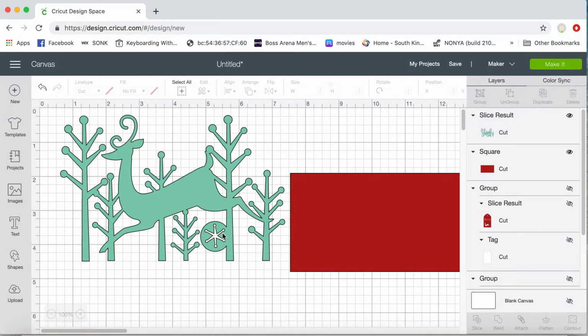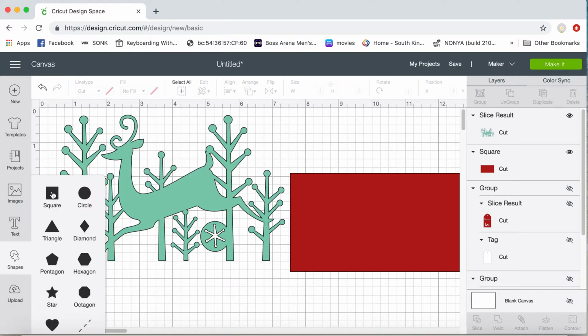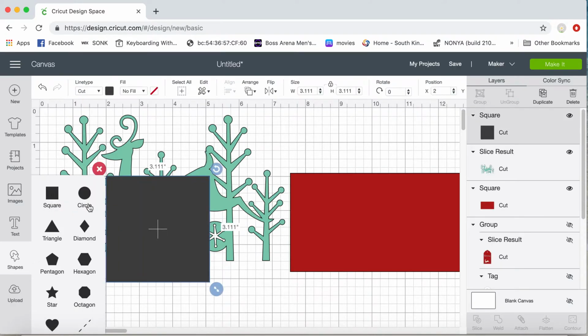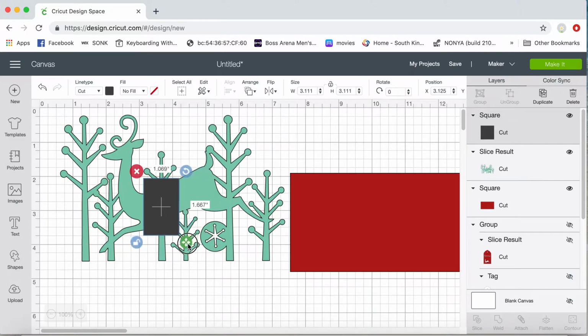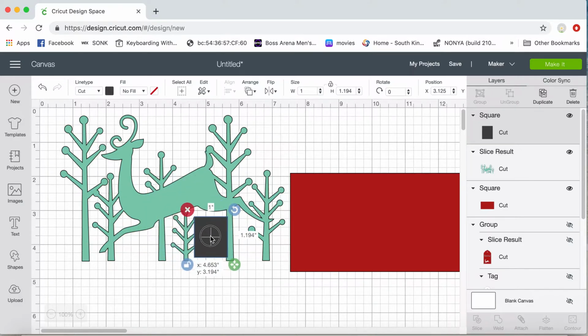And then we'll go in, we want to get rid of this one. So we'll just go in, select another shape. We'll take the square because we want that straight edge. Unlock it because we need this to be much thinner. And we just have to find a size that's going to cover up just this circle but not any part of that tree. And we can see that that's too big, so we just need to slide this in a little bit and just keep working with it until you get it to a size that covers the circle